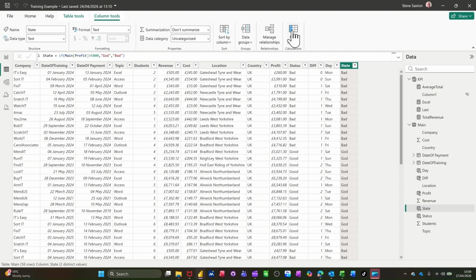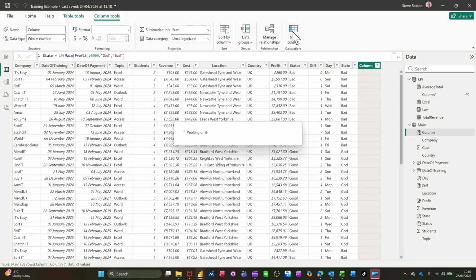Now another one I want to do is just a straightforward divide. I want to divide revenue by cost. In fact, I'll do cost by revenue. Let's do it that way. So new column. I'll just call this percent. So the actual name of the thing is going to be percent when this loads up. So just the percent symbol